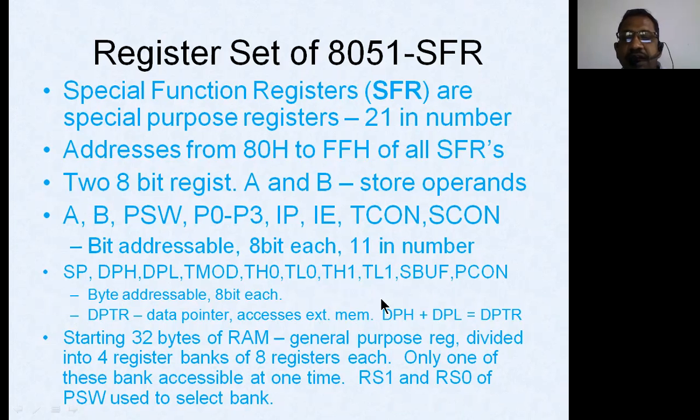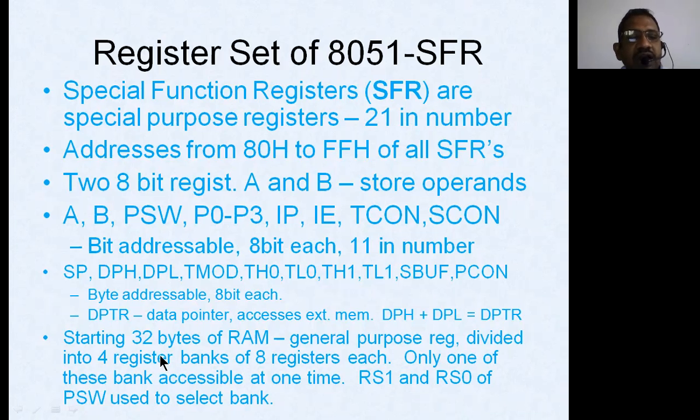This register can be accessed 8 bit by 8 bit. That means in 8 bits you can store some address, in the next 8 bits you can store some other address. We normally divide the 16 bit into lower order byte and higher order byte. We divide the 16-bit register by 2, so you can access 8 bits independently, and you can use them combinedly also as a DPTR register. These are the various special function registers which we'll be using to access the external memories.